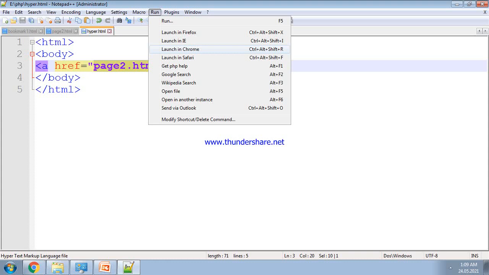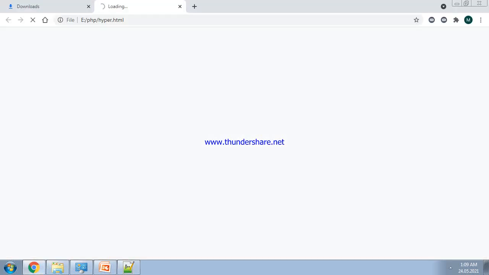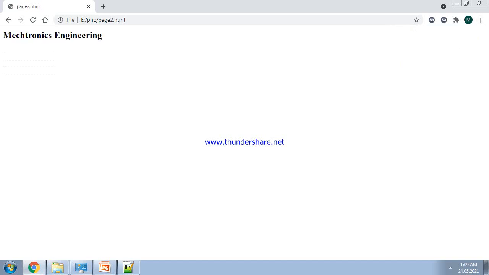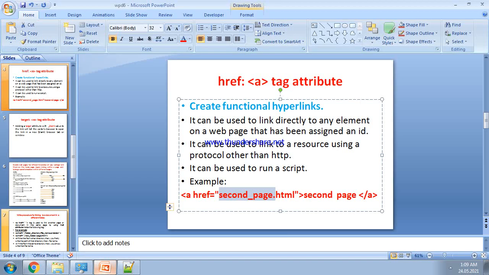Let us run the program, launch in Chrome. When we click on the second page, a hyperlink is present, and the second page opens. This is a hyperlink.